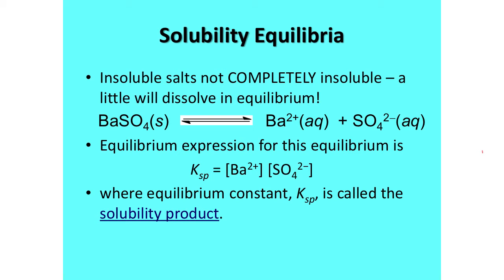Now, maybe you're noticing that these K values are so small and that we are not getting many ions in our solution at all. And you might even remember our solubility rules from the beginning of the year. And you might even be thinking, hey, some of these things were on our insoluble list. So we need to talk about that a little bit. So, salts that we classified at the beginning of the year as insoluble, they will dissolve a tiny, tiny, tiny bit in equilibrium. And the amount that they dissolve is going to directly